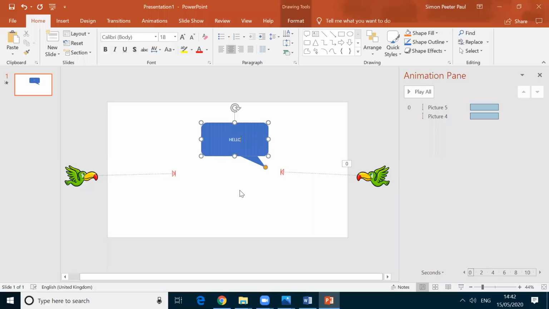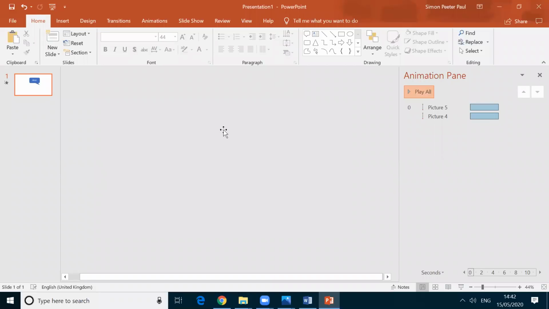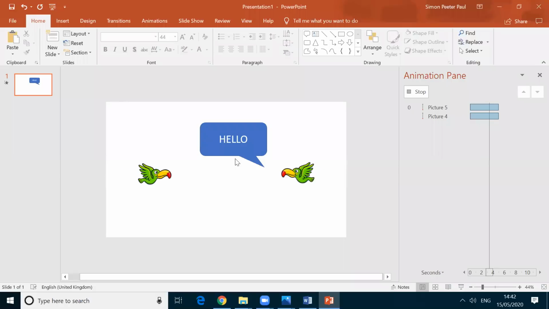I want to increase the font size. I can click here, and when I click here, automatically I will be in the home menu. Here I can increase the size, 36. Okay, I think 44. Now I am having hello. Okay, let me play now. See, before itself, the hello has come.